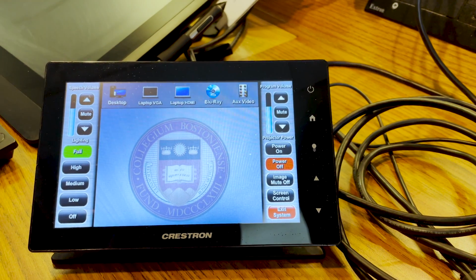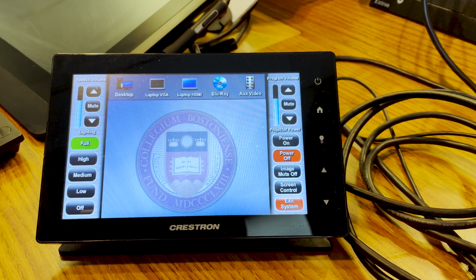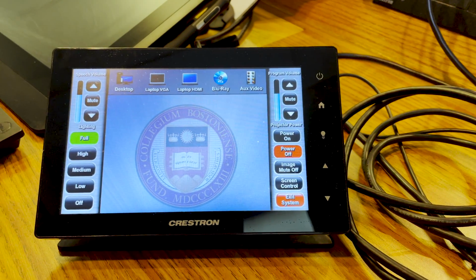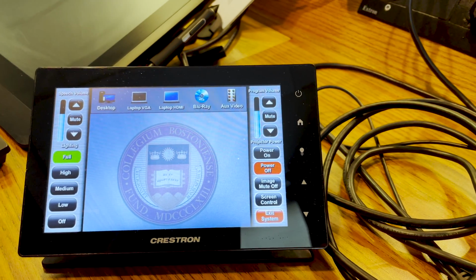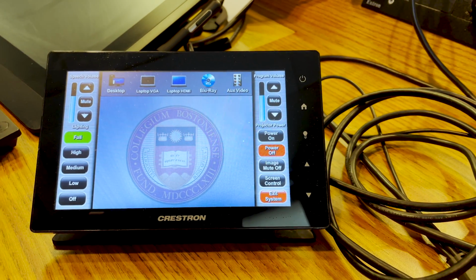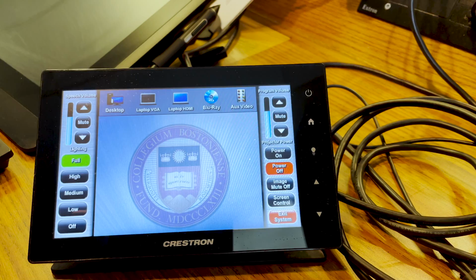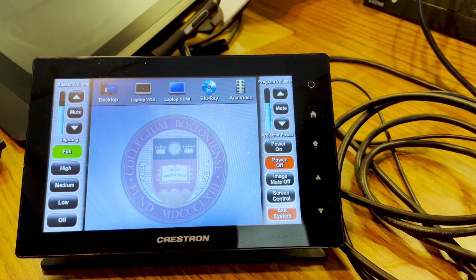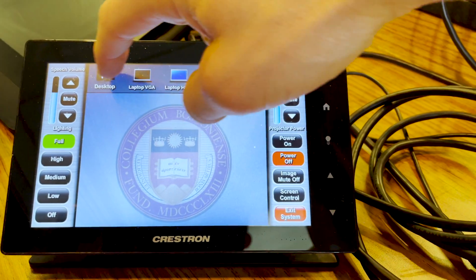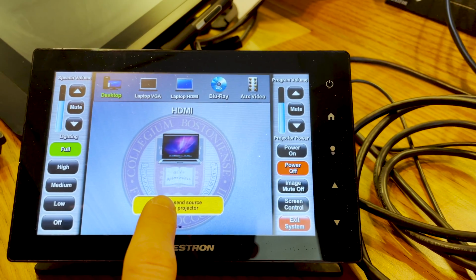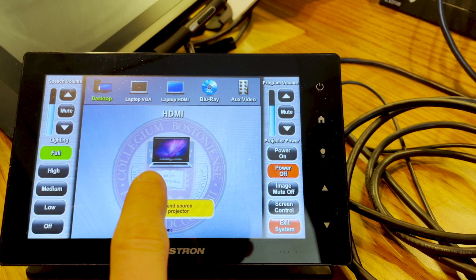And in order for the classroom system to work with the Zoom interface, you want to make sure that you push the desktop source to the projector. Even if you're not going to use PowerPoint, this is still required in most classrooms in order to be able to hear the room microphone and hear your remote participants through the classroom speakers. So I'll just hit desktop, and then this yellow button here to get the classroom's hardware to talk to the